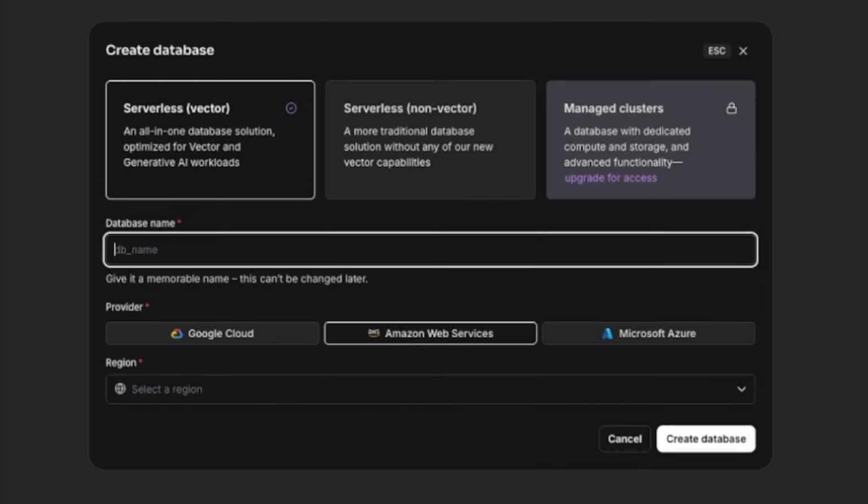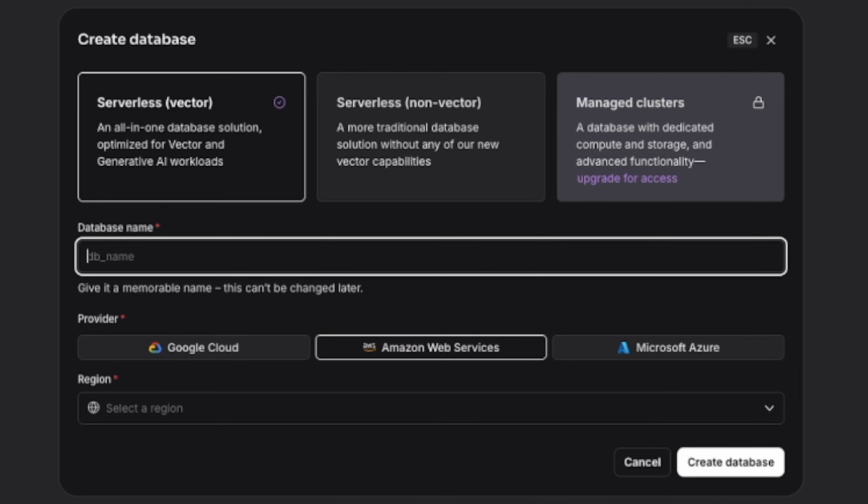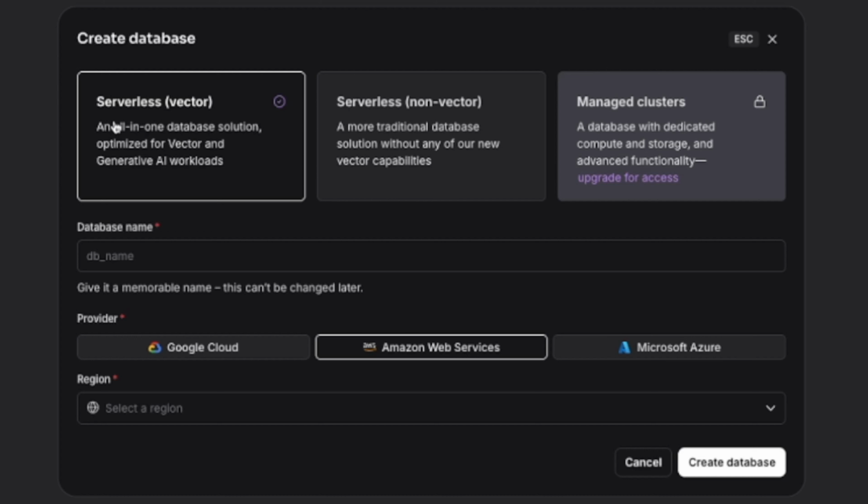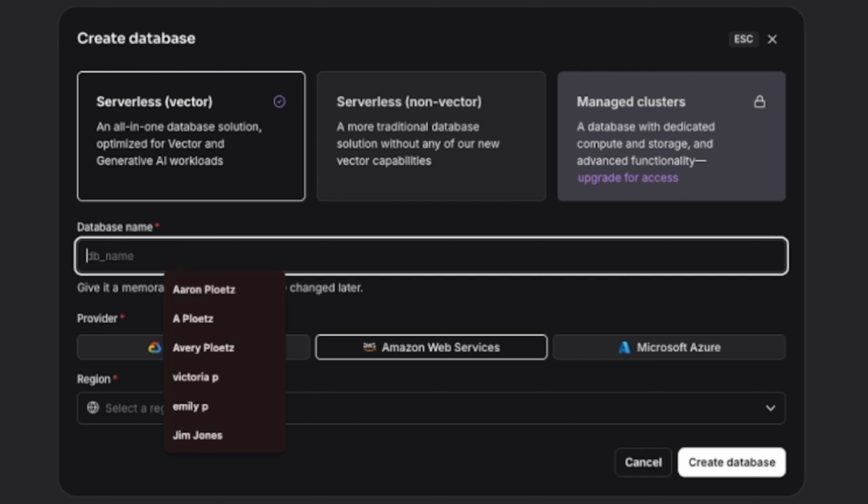Okay, now I will want to create a database that can support generative AI types of applications. So to do that, I am going to need one that is vector database enabled. So I'm going to make sure that I have serverless vector database selected here. I'm going to name my database,